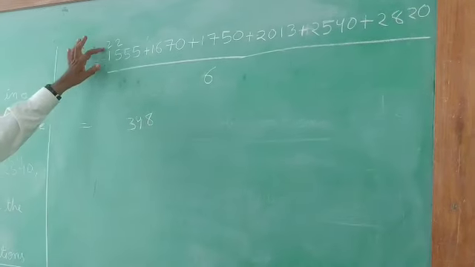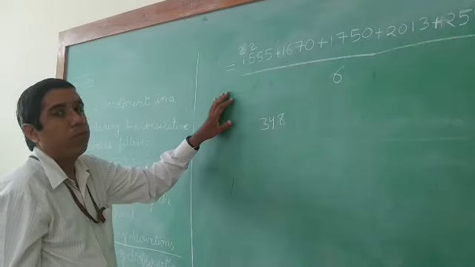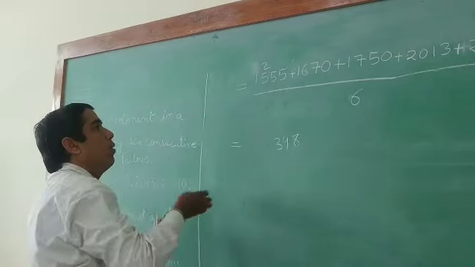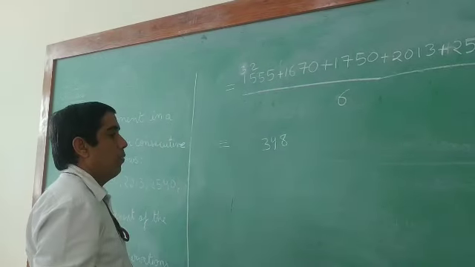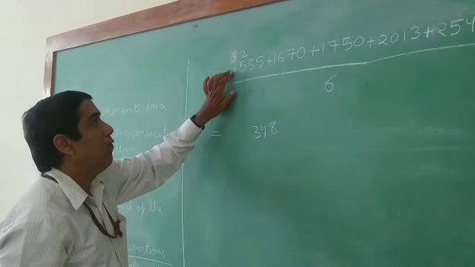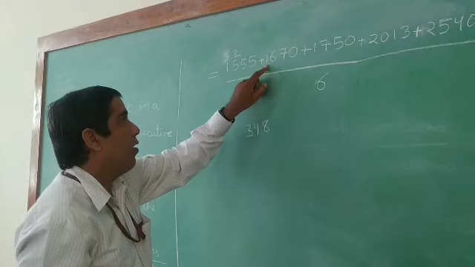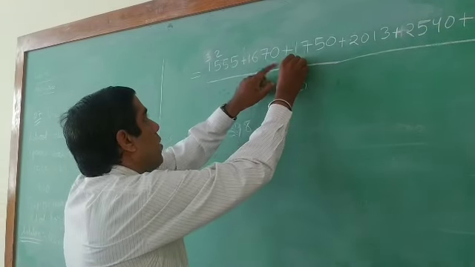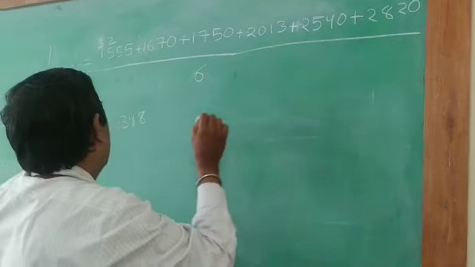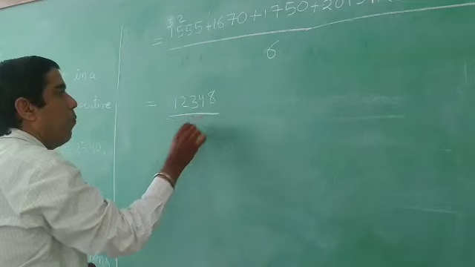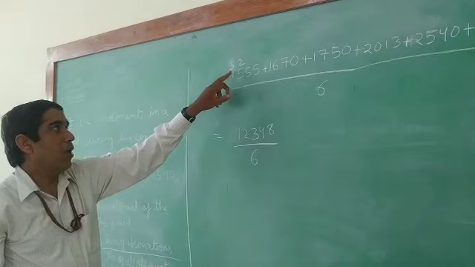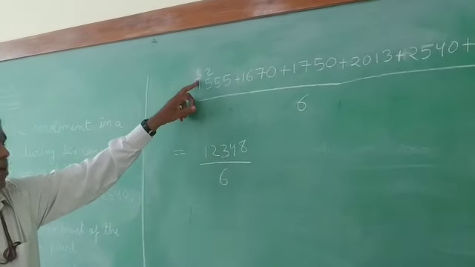Let me check once again. Now, actually here, instead of 2, 3 will come. So it is 3, because in the totaling the borrowing we have done, it is coming 3 here. Now, 3 plus 1, 4, 4 plus 1, 5, 5 plus 1, 6, and 6 plus 2, 8, 8 plus 2, 10, 10 plus 2, 12, and upon 6. Now it is right. You can see in the borrowing, I kept by mistake 2 here, actually it is 3.